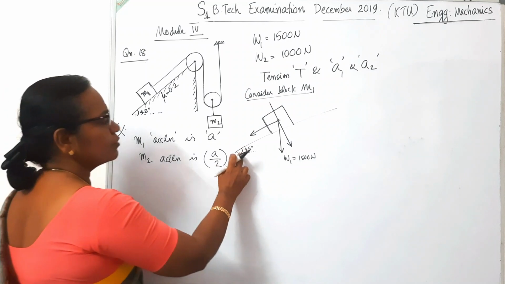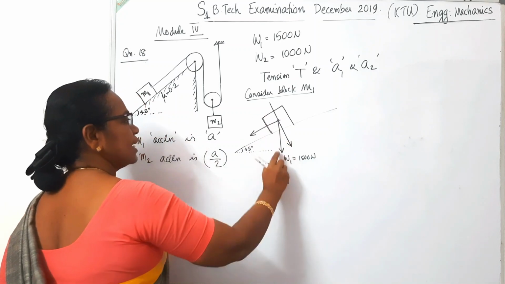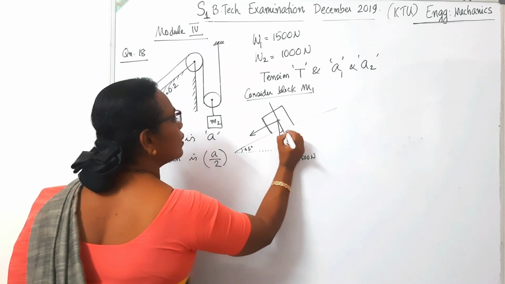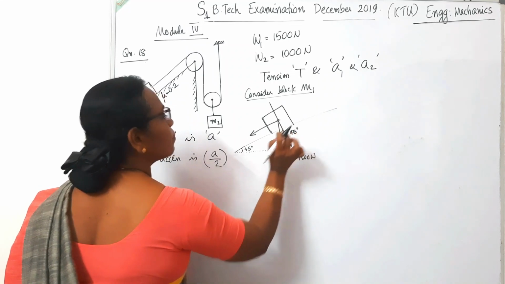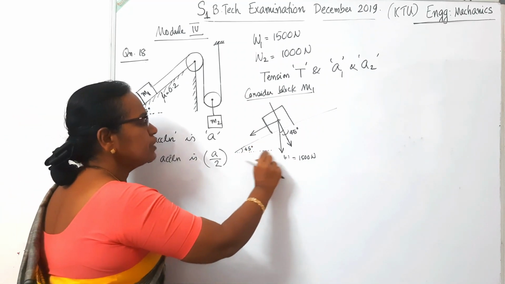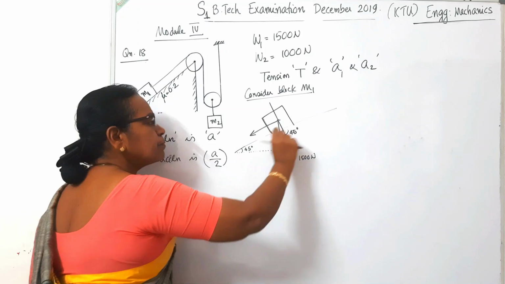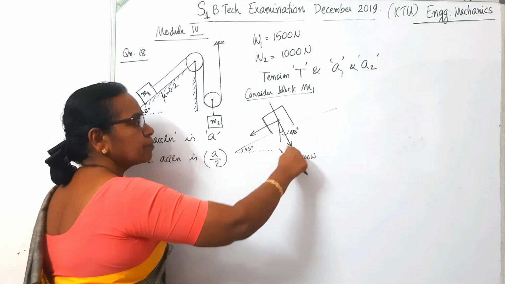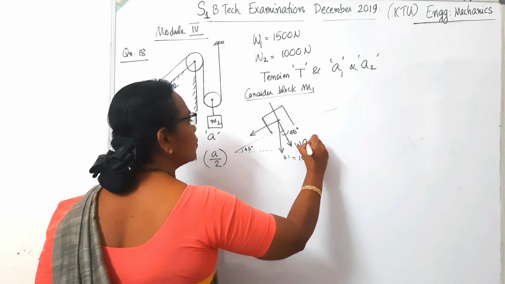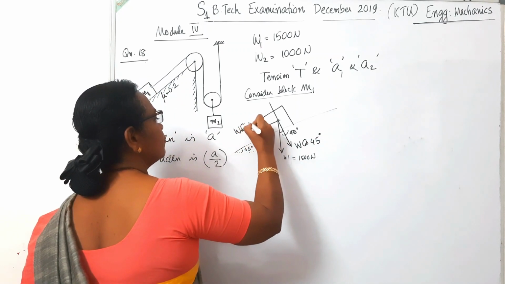So if this angle is 45 degree, the angle between the normal to this, that is the vertical line, and the normal to this inclined plane is also 45. So the angle between two planes is 45, the angle between the perpendiculars to these planes. Perpendicular to horizontal means this vertical line, and perpendicular to this inclined plane means this line. So this angle is also 45 degree. So that this component is W cos 45 and this is W sin 45.